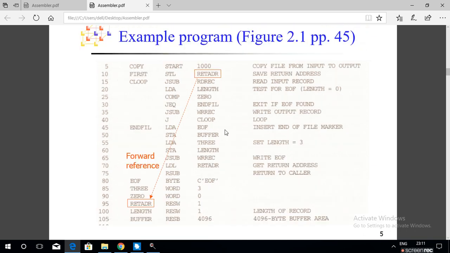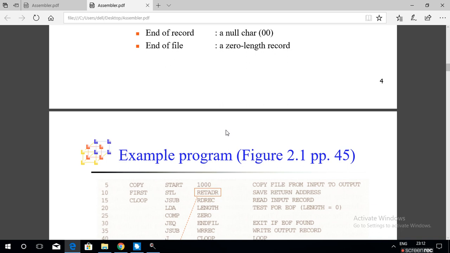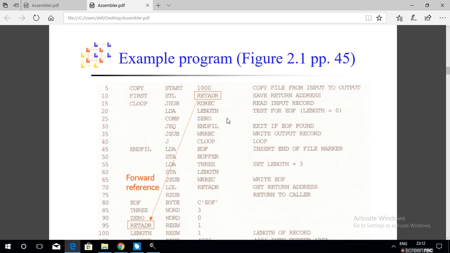So this is about assembler directives. Next, executable instructions. Which are the executable instructions? Here STL, JSUB, LDA, COMP, JEQ: jump if equal, jump to subroutine, unconditional jump, load to accumulator, store the content of accumulator to the memory location, STA, JSUB.